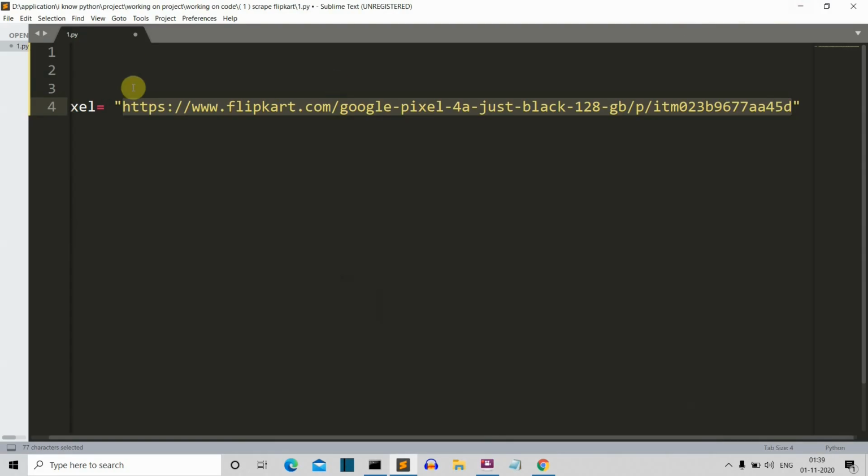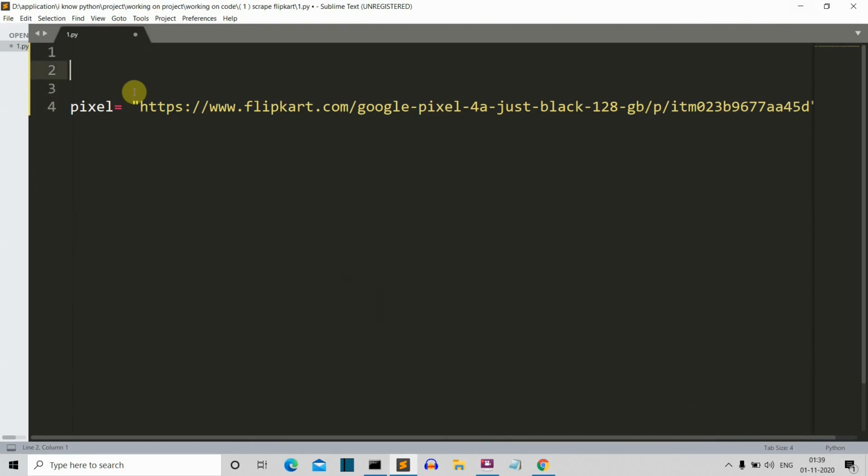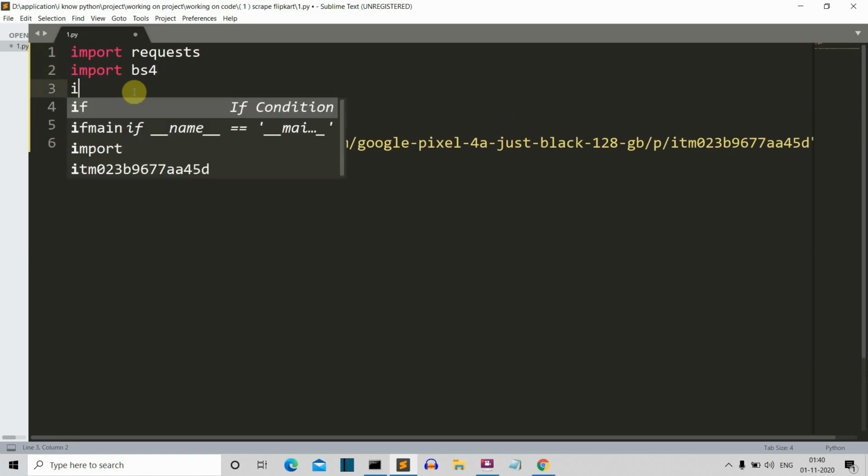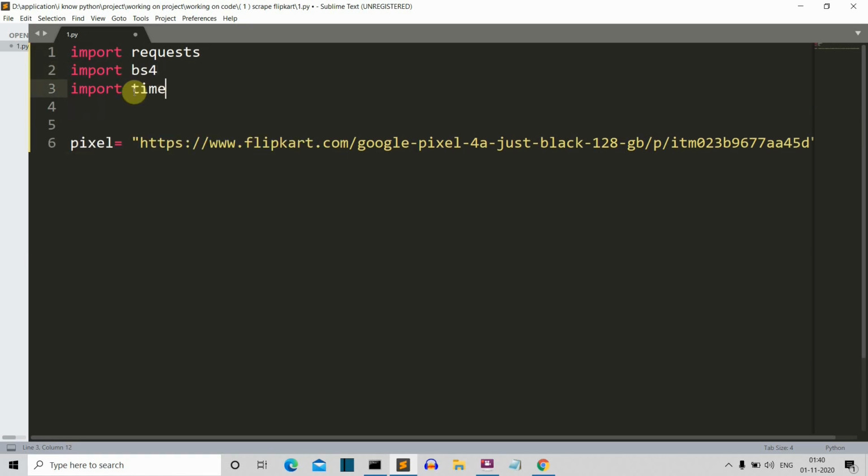First of all, let's import all the libraries required for this project. We'll be using requests, and then we'll import bs4 for Beautiful Soup, and then we'll import time so that we can specify a delay like 5 to 10 seconds, so that our program refreshes the price after every 5 to 10 seconds.